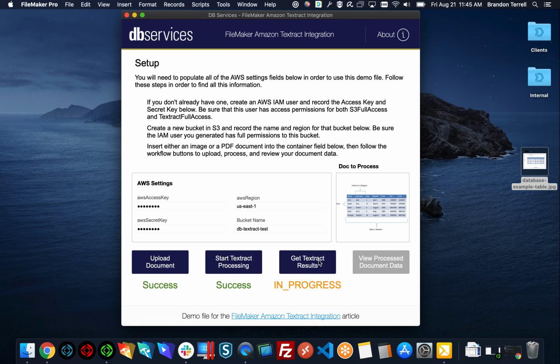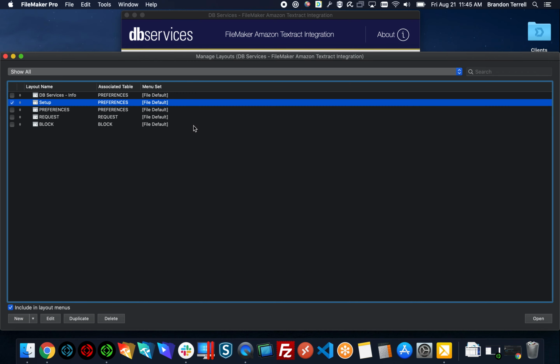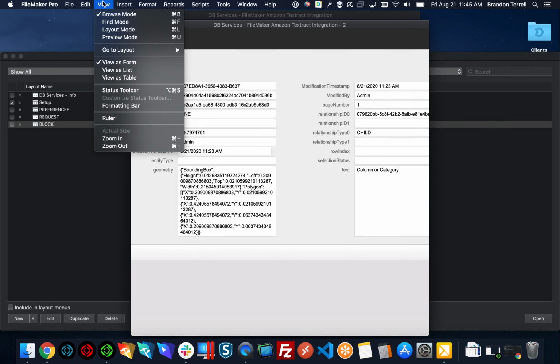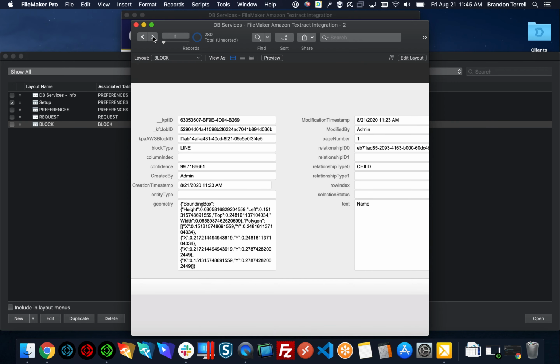Now what you're getting back when this succeeds and completes is a very large JSON object called blocks. So every single word that it finds, and if you go ahead and see here, it's now succeeded with our job ID. And I'll show you really quickly what we've gotten back from this, which is a significant amount of block data. So you can see we got like 280 different objects here, all this information. And what it's giving us is the location, the type of block, and any relationship children that element has.